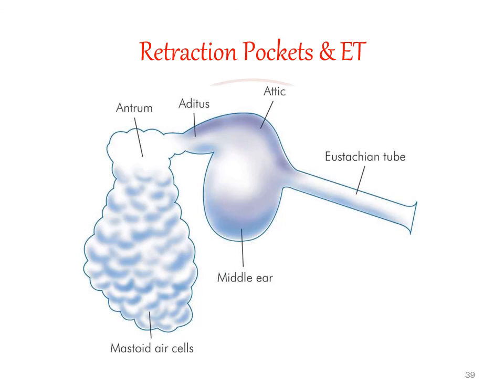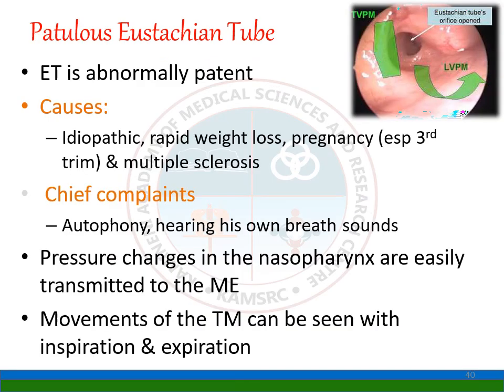And for pars flaccida retractions, grade 1 is a small attic dimple, grade 2 is pars flaccida retracted and wrapped over the neck of the malleus, grade 3 is erosion of the scutum, grade 4 is deep retraction with unreachable accumulated keratin, and the scutum is severely lost. So these are the retraction pockets of the tympanic membrane.